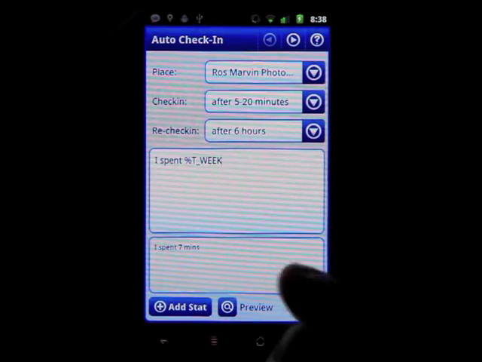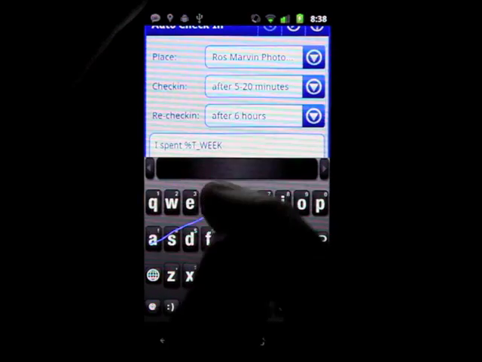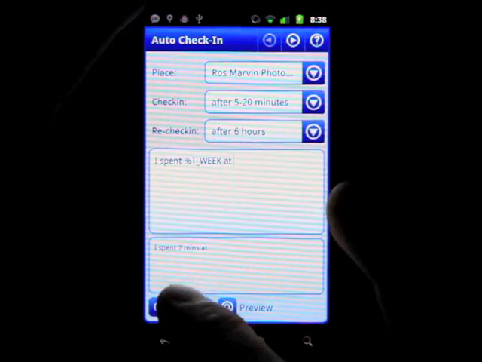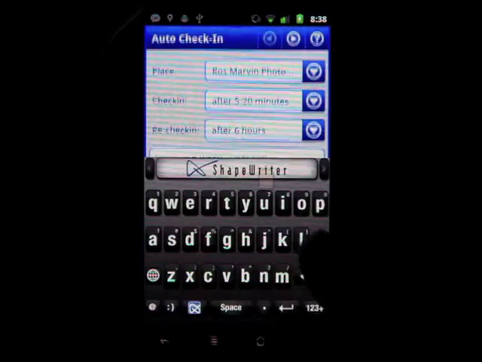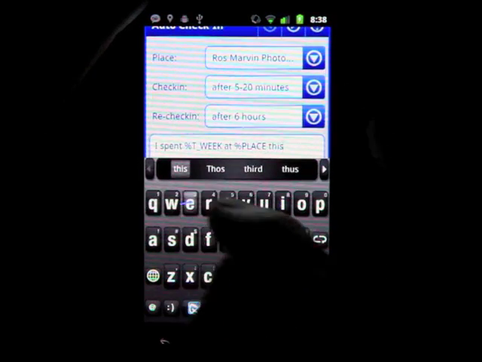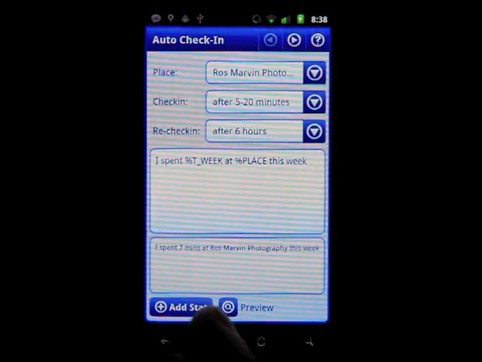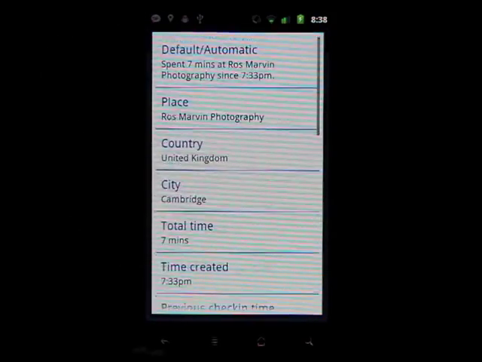And then we can preview. So I spent 7 minutes at the moment at, and I can put in the place. Say this week. Okay, so there are a lot of different stats you can put in and more will be added in the